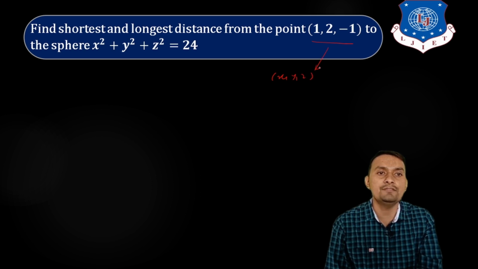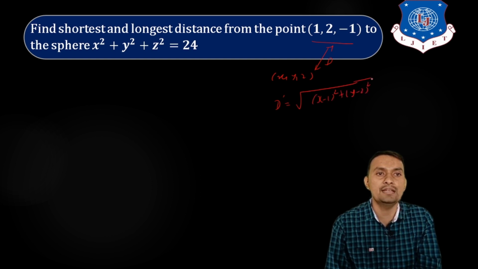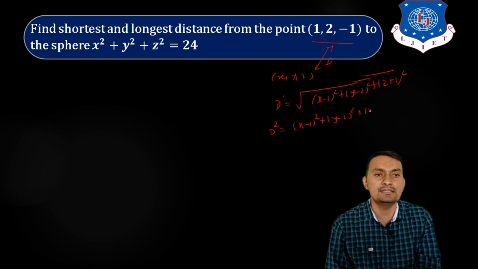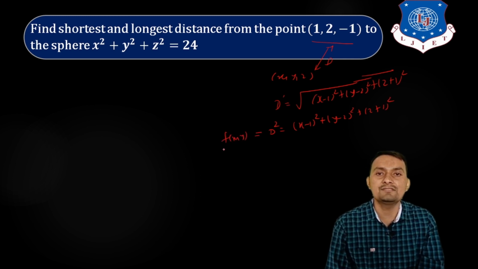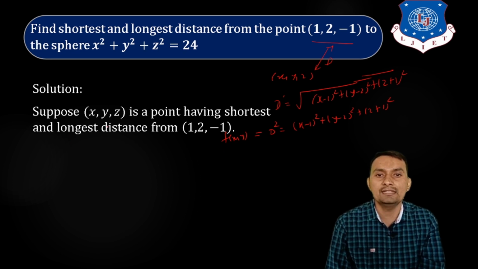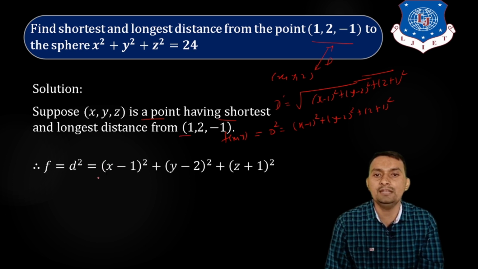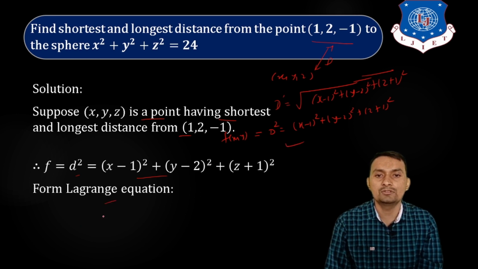and after that, the distance between them you can determine using (x - 1) squared plus (y - 2) squared plus (z + 1) squared. But when I take d squared, it is going to be (x - 1) squared plus (y - 2) squared plus (z + 1) squared, and that is going to be the function f of x, y, z that we are going to consider. So let us look at the first. (x, y, z) is any point having the shortest and longest distance from this one point. So our f is equal to d squared, whatever we have assumed, and therefore the Lagrange equation,